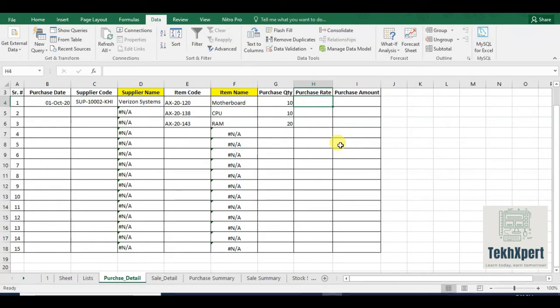Sometimes it happens that people store the rate in Excel against the product list, and whenever they purchase or sell they use the same rate. That is the wrong method of inventory. If any of you know about IAS 2, International Accounting Standard 2 of inventory, then you would have excellent knowledge and you would know that inventory is always costed using FIFO, LIFO, specific identification, or the moving average method.